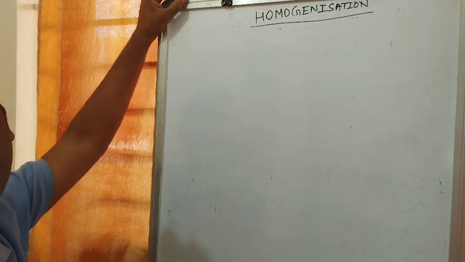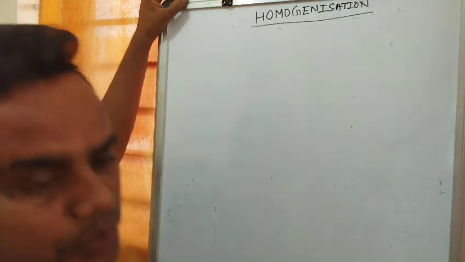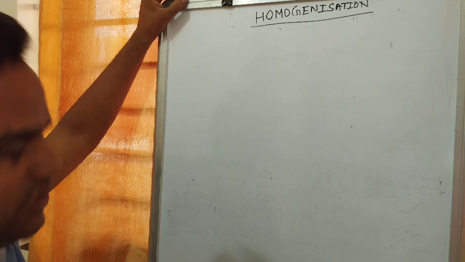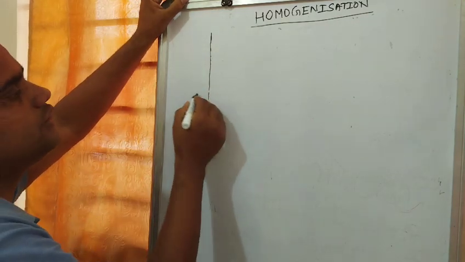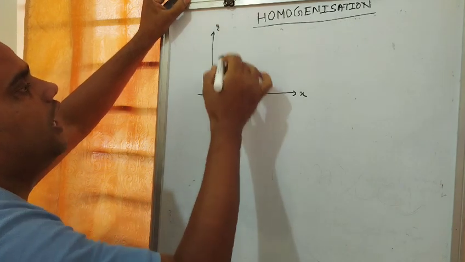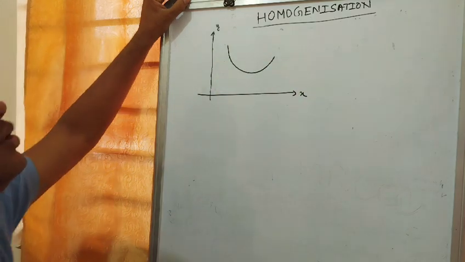Homogenization. This is a very important topic for pair of straight lines. So we start homogenization. We consider one curve. For example, I draw the x-axis and y-axis, and we consider some curve like this, and whose equation